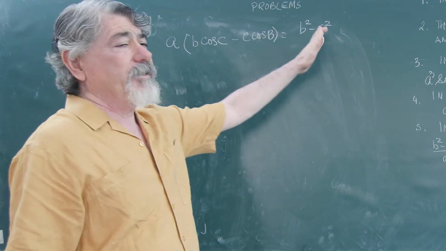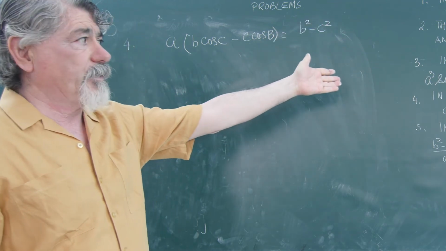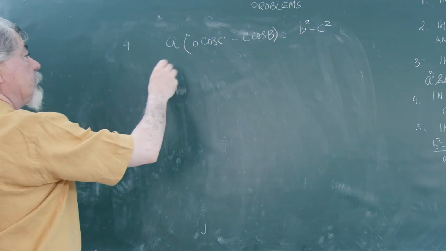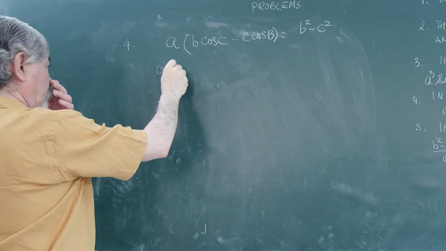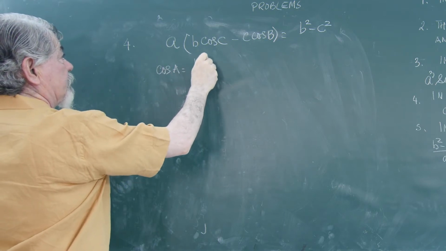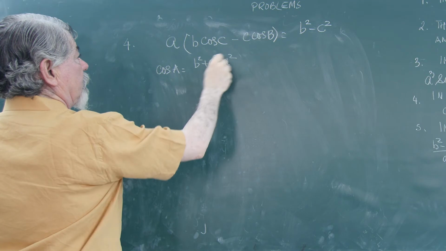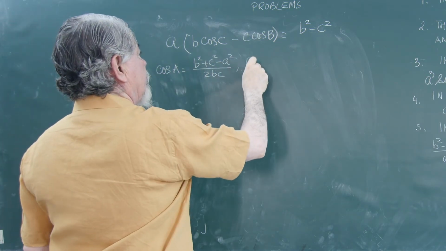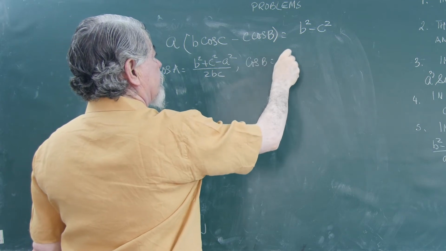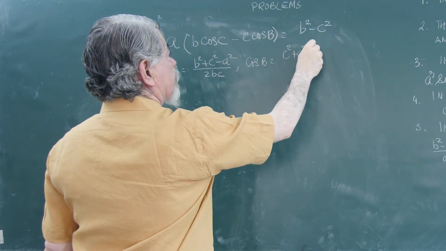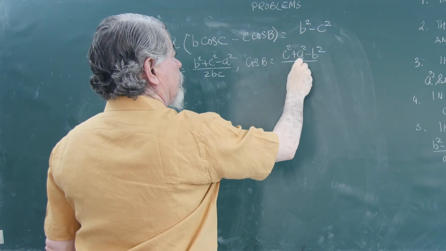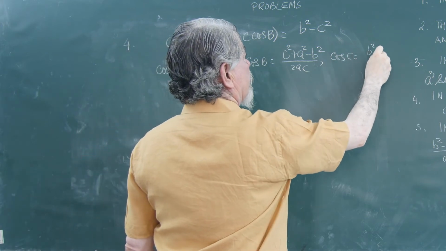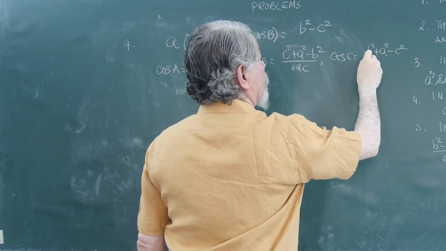Cos C and cos B are given in terms of b square minus c square. We will write down the formula again for your benefit. According to the cosine rule, cos A was b square plus c square minus a square upon 2bc. I am not going to use cos A, but I am writing it for you. Similarly, cos B was c square plus a square minus b square upon 2ac, and cos C was b square plus a square minus c square upon 2ab.